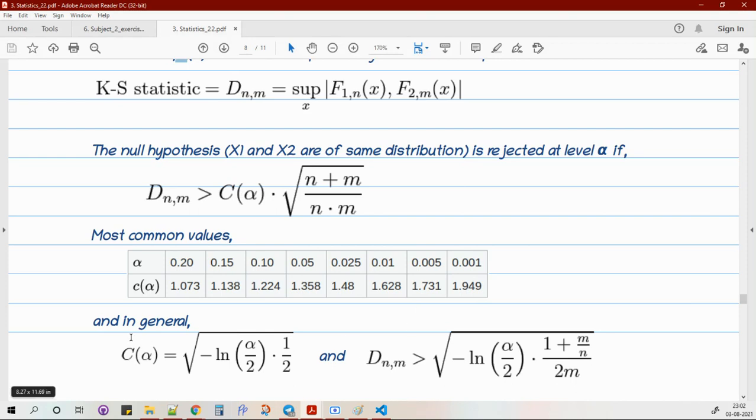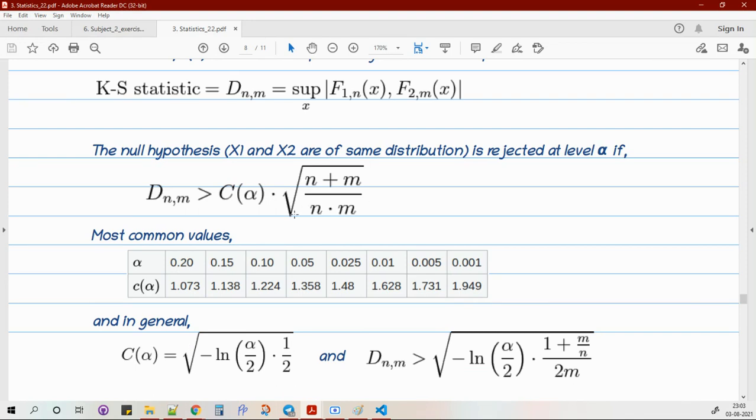So this is the formula to calculate the c alpha given the value of alpha, ln alpha by 2 into 1 by 2, or this thing. And if you put this here and take the multiplication, you get this thing, right? So this formula is not looking good, so that's why they just put c alpha here and calculate the c alpha